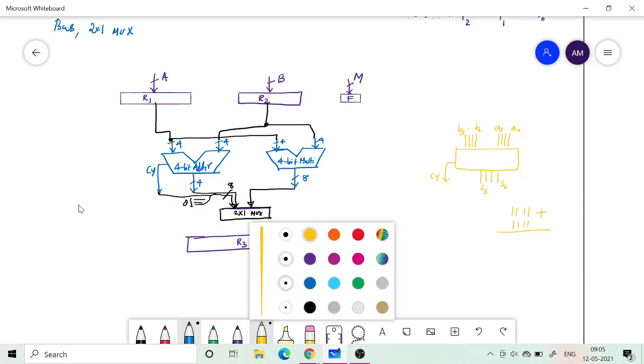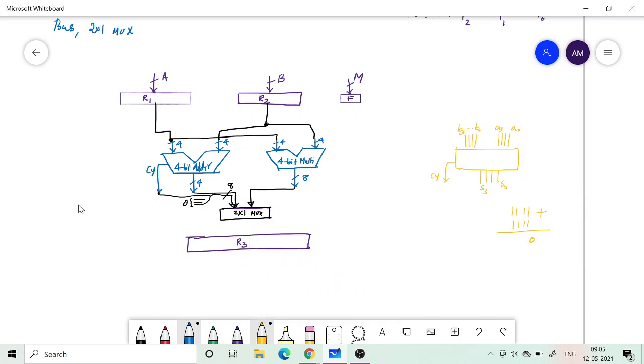Okay. If I add these two numbers, 1 plus 1 is 0 and then I get a carry, so it will be 11110. This is the result. So the maximum input is 15 and 15, and if I add 15 and 15, I will get 30. 30 can be represented using 5 bits, that is, the carry and the 4-bit sum output.